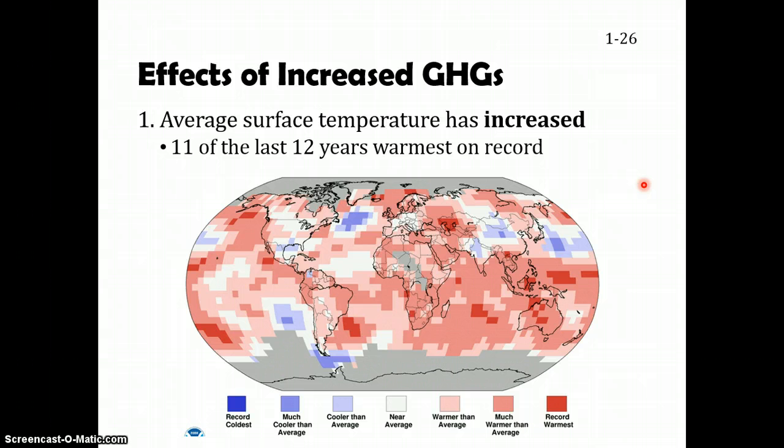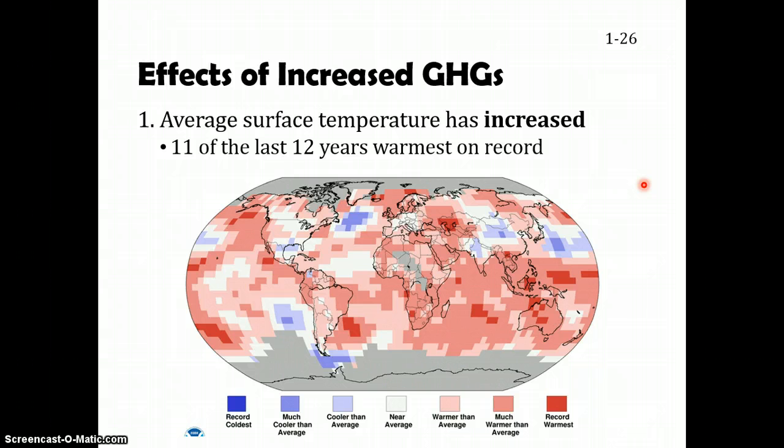However, since humans are burning fossil fuels and doing other activities such as eating cows and farming rice, we're releasing greenhouse gases such as carbon dioxide and methane into our atmosphere. Now, these additional gases are increasing that greenhouse effect and making Earth warmer. Last class we started talking about what the effect of increased greenhouse gases is, and I had already mentioned that it's going to cause the average temperature of Earth to warm.